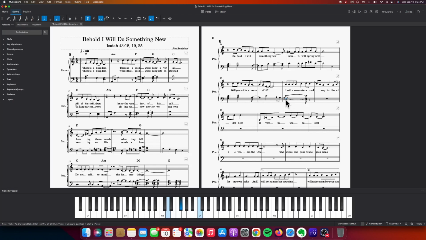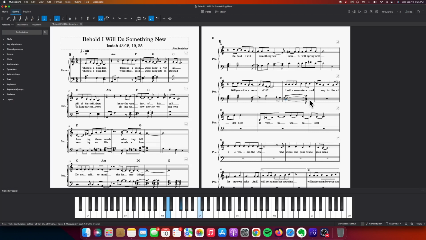I'm going to go to the D note. I'm going to click on the D and then click on the tie. So now you see that I have this D7 chord extending 3.5 beats. The next chord I want to put in here is a G. I want that G to last 4.5 beats, but where that 8th rest is, I'll want to put an